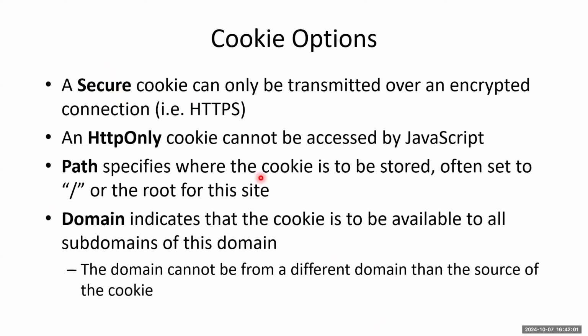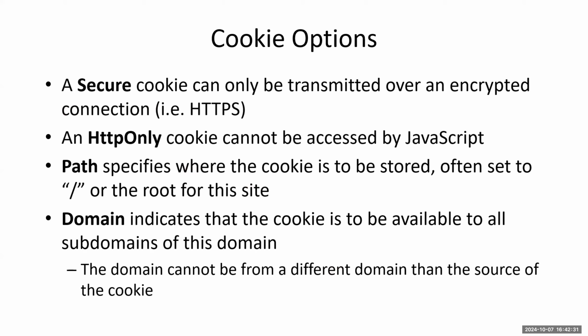HTTP only says this cookie cannot be viewed from JavaScript. The browser program cannot see the cookie. The cookie, well, the cookie goes back and forth. It can send the cookie and receive the cookie, but it's not allowed to look at it. In particular, it's not allowed to be accessed by the JavaScript program. Yes, we'll talk about it in a minute, but a JavaScript program can access the cookie, unless you say it can.